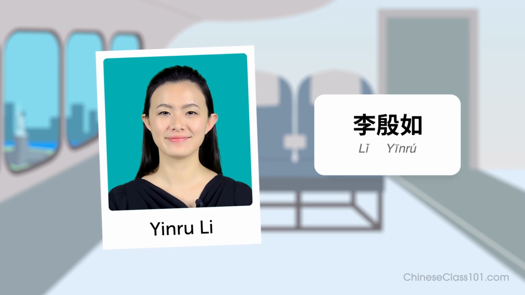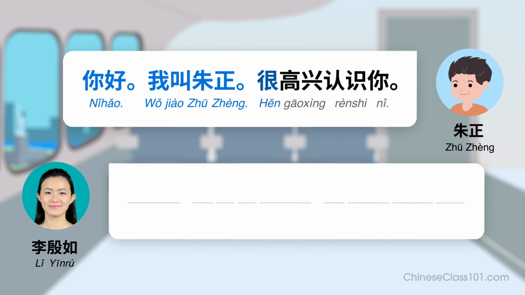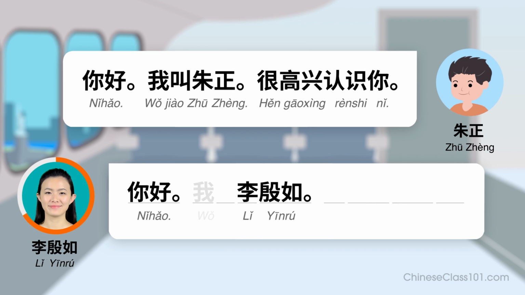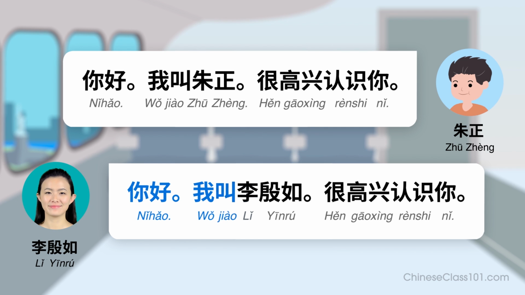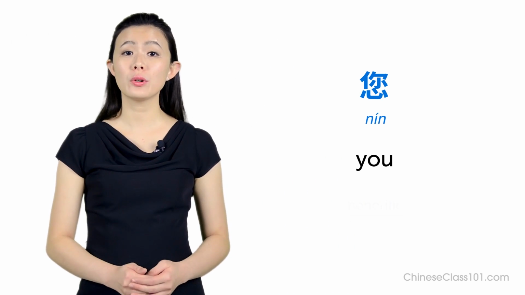Let's try one more. Imagine you're 李英如, ready? 你好，我叫朱正，很高兴认识你. 你好，我叫李英如，很高兴认识你. Listen again and repeat. When speaking with your elders or people of higher social status, it's recommended to use 您, the honorific term for